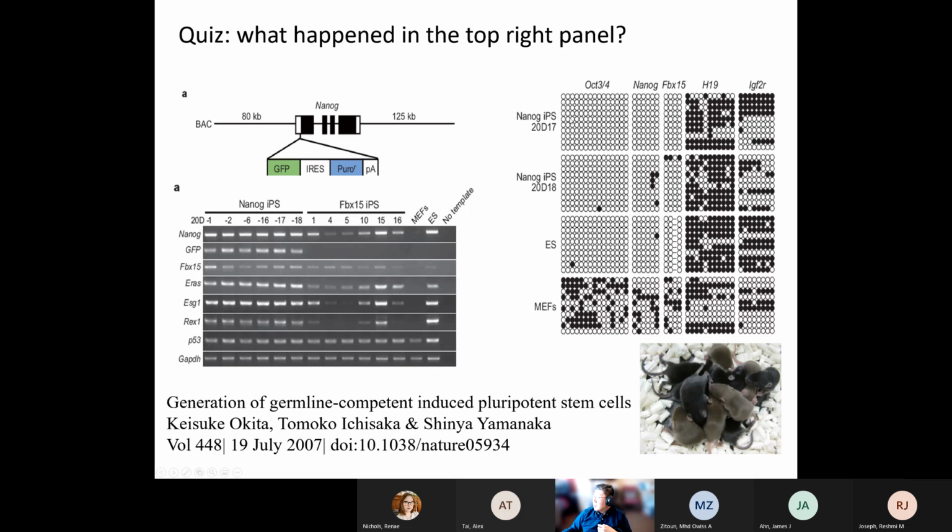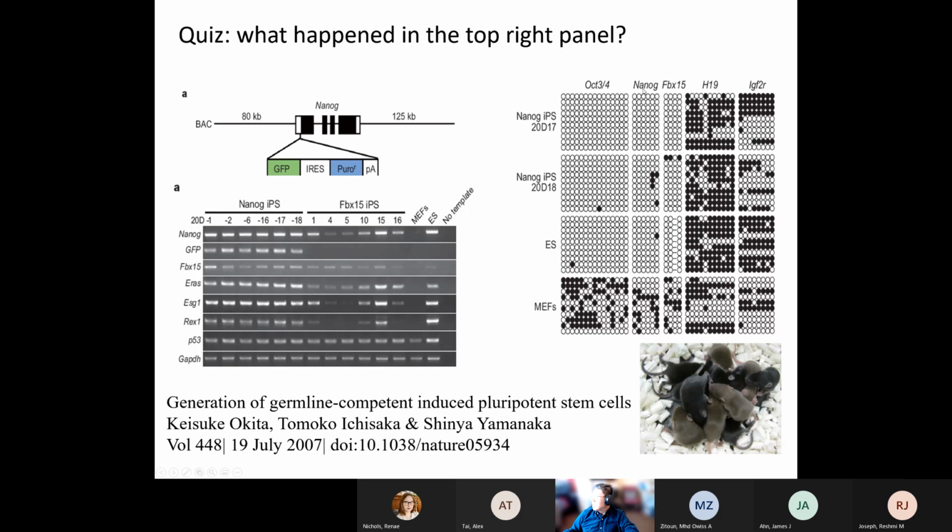You have two examples of the induced pluripotent stem cell on the first row and the second row. And the third row is a positive control. You take embryonic stem cell as a positive control because we know embryonic stem cell is the gold standard of pluripotency. So you have three cell types: one is fibroblast, the other is the gold standard, and the third is a cell that you have created. I see. Okay.